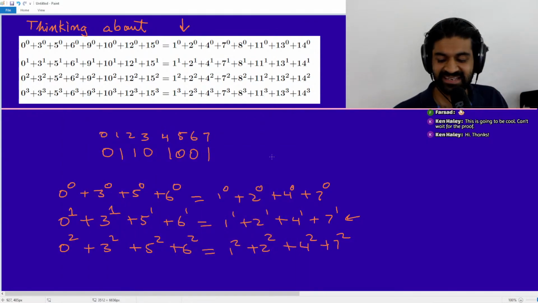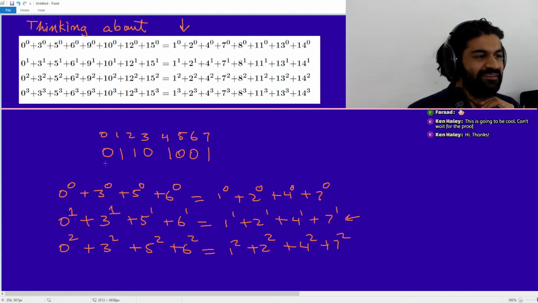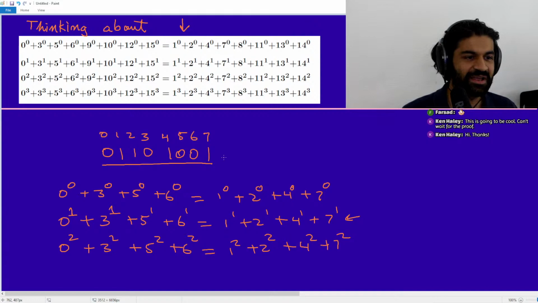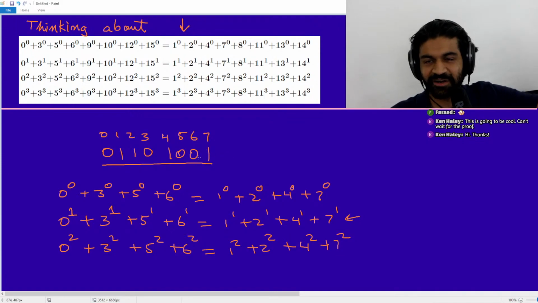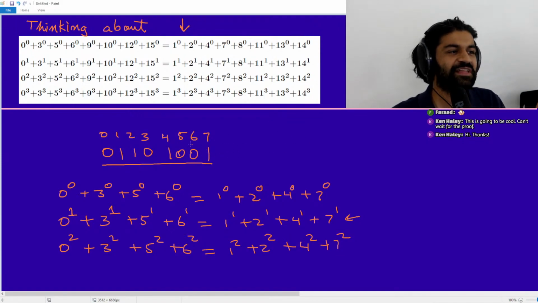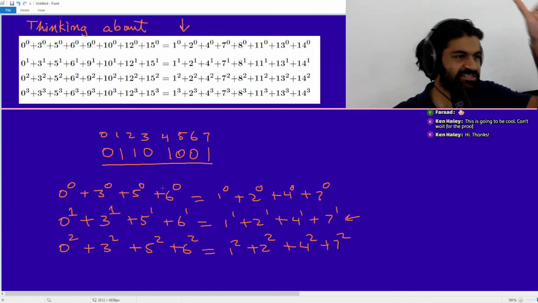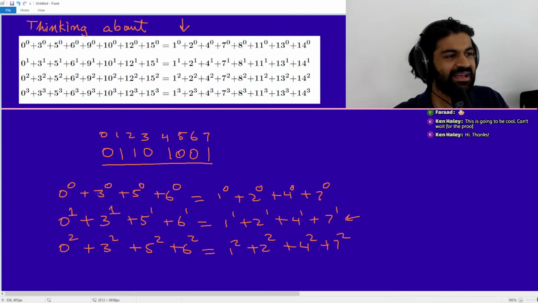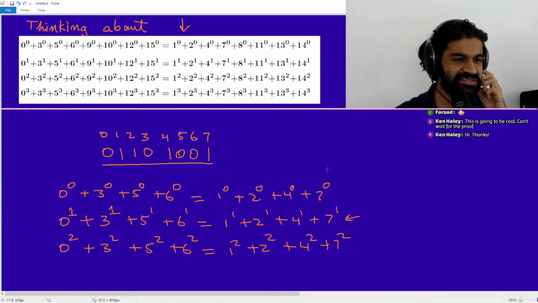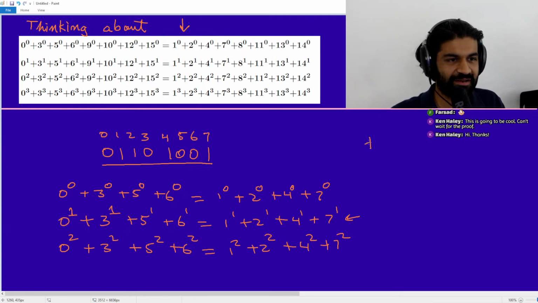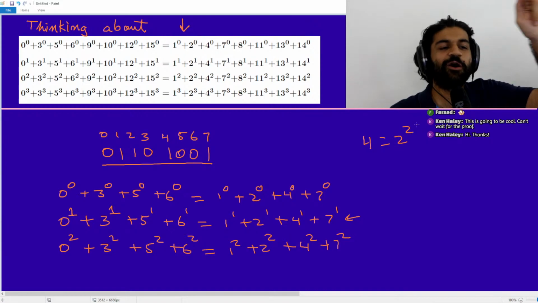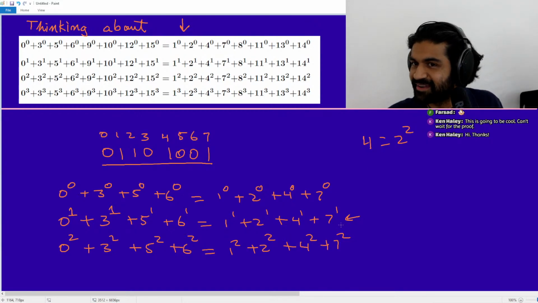So the idea is, of course, if you have a sequence of length 8, it'll split into two sequences of length 4 if you do this recursive process. So a sequence of length 8, 0 through 7, splits into two sequences of length 4. That's 0, 3, 5, 6 and 1, 2, 4, 7. And you just see 4 is 2 squared, right? So basically all the powers up to 2 will work, of course. And so